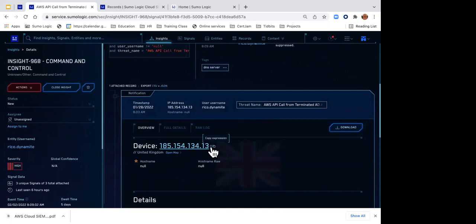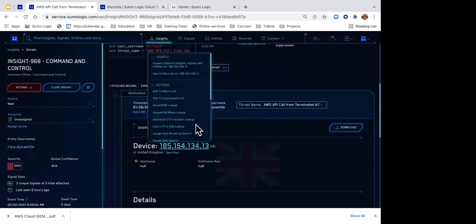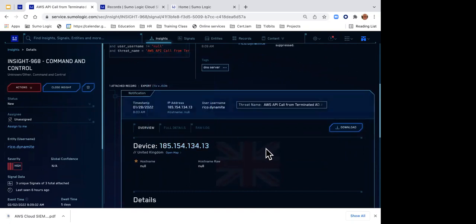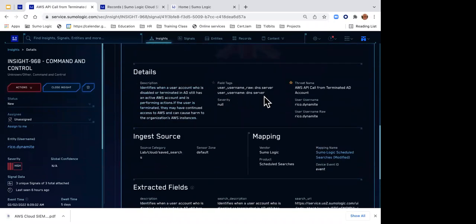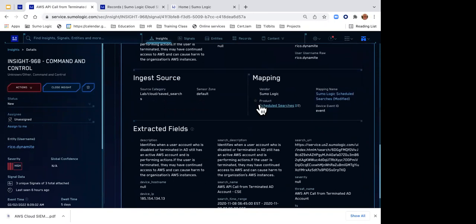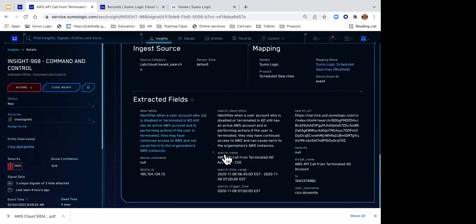There's a context action button I can click to do a reverse lookup or various other lookups. The user was Rico Dynamite. I can see what fields they used, who the users were that logged in, what user account they tried to access, and all the other information here.